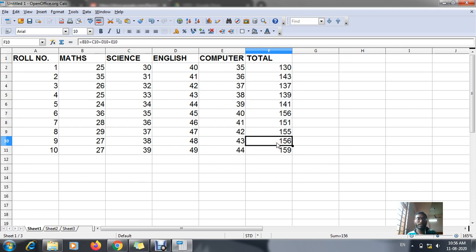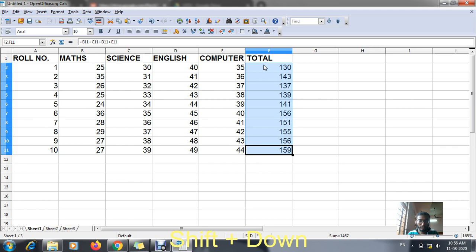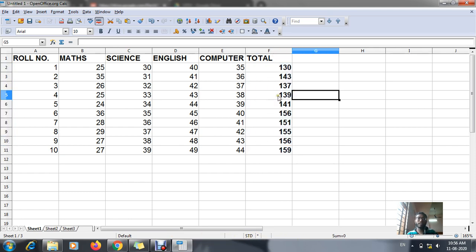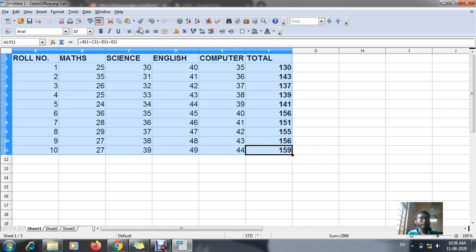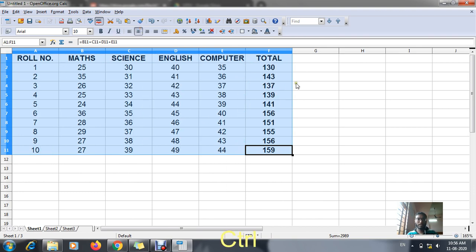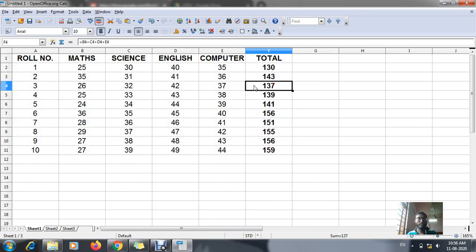This is your autofill method. Now you can see each and every time I don't want to use my formula. Just once I have done my formula and I got the perfect thing. Can you see? Alignment can also be done. Now if I have 50 students' marks, I just drag it down, and automatically the whole 50 students' totaling will be done. This is the best way for totaling.